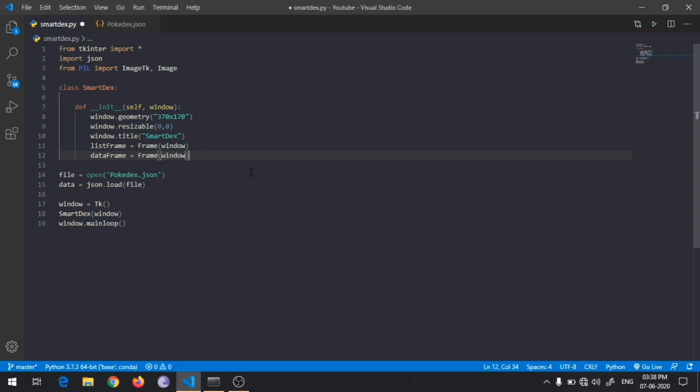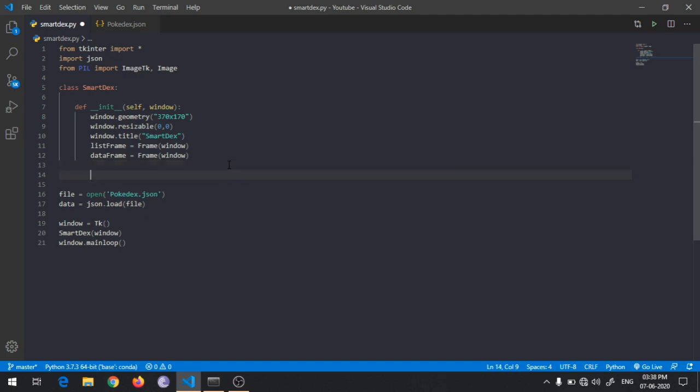These both frames will be different, and for each frame I will create different methods. That method will be called, and these frames will be passed to that method, and that will create a UI for each frame. So for the first there will be list frame, so we'll name it Poke list.